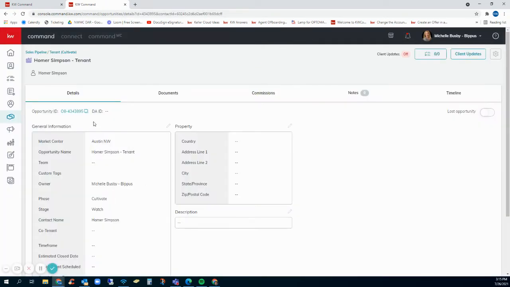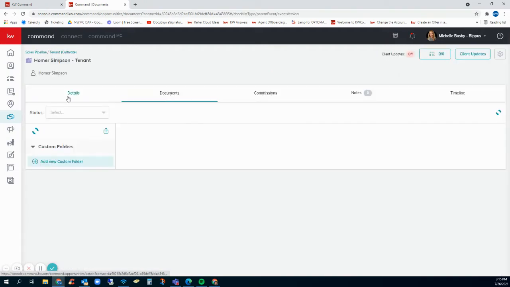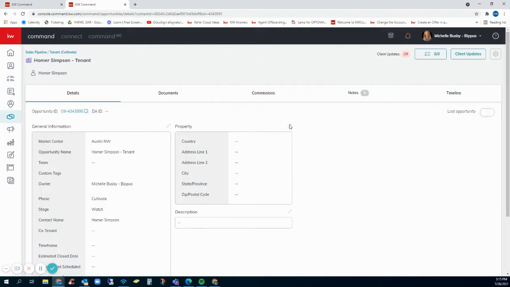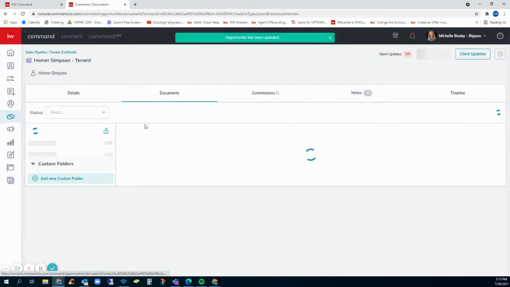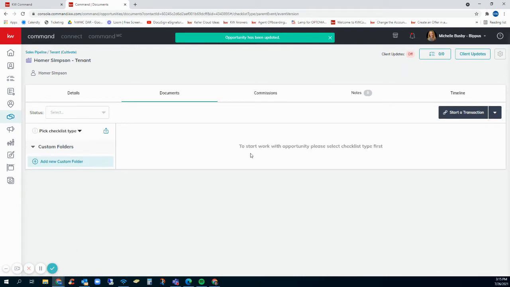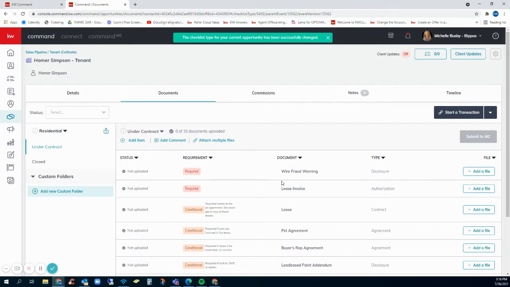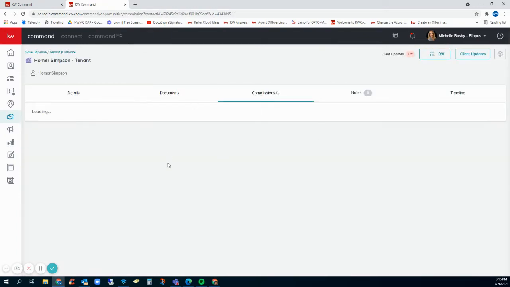Now, we'll go back to details. We'll start here with property. You'll go ahead and enter in the address of the property that has been leased. You'll go through and you will enter in your documents, wherever that may be, and then you'll come across to